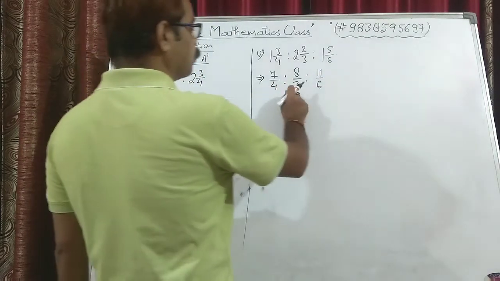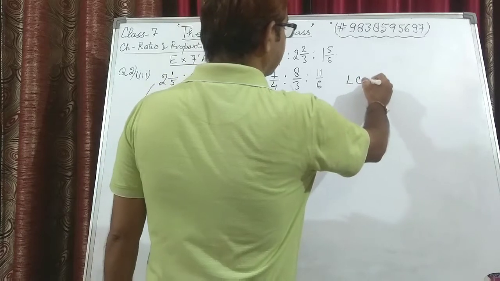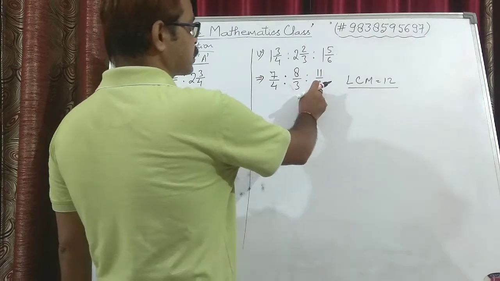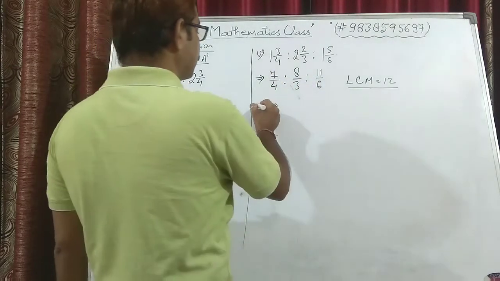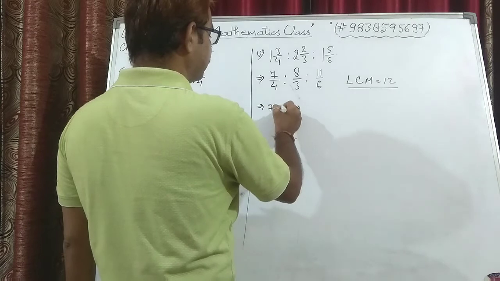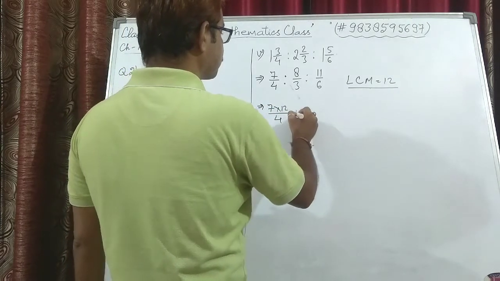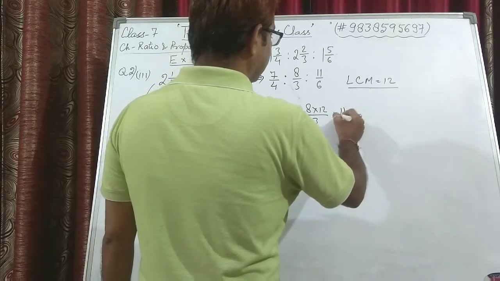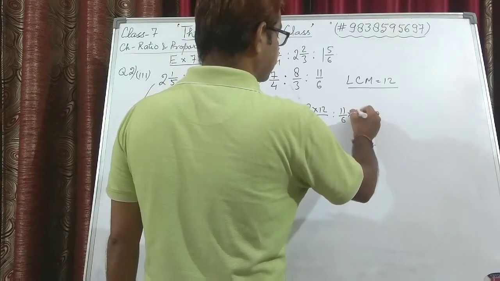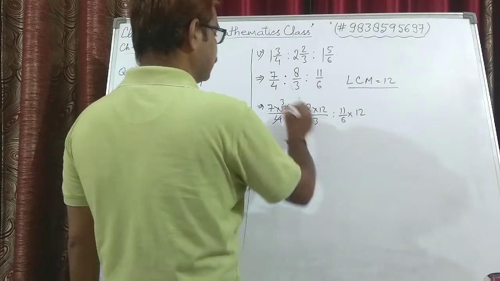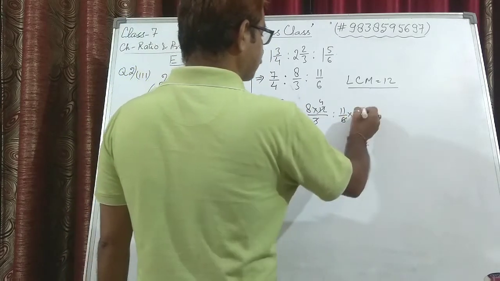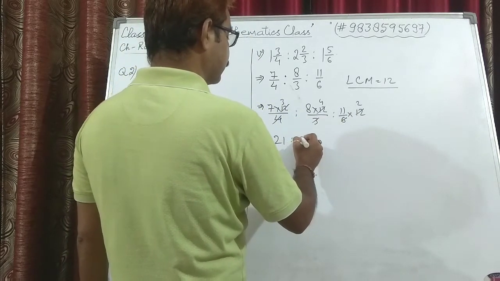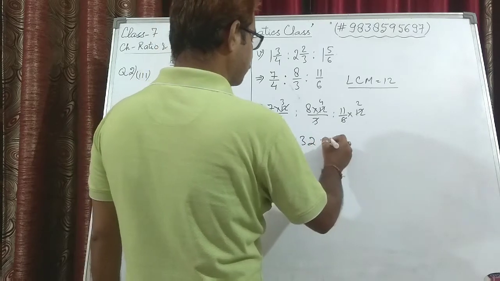Now the LCM of 4, 3, 6 will be 12. So we will multiply all these fractions by a common number, 12. That will be 7 into 12 upon 4 is to 8 into 12 upon 3 is to 11 into 12 upon 6. 4 threes are, 3 fours are and 6 twos are. It becomes 7 threes are 21 is to 8 fours are 32 is to 11 twos are